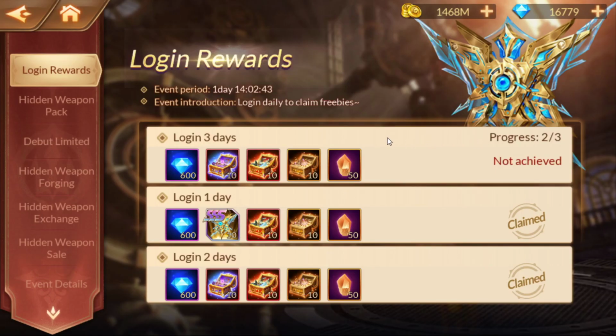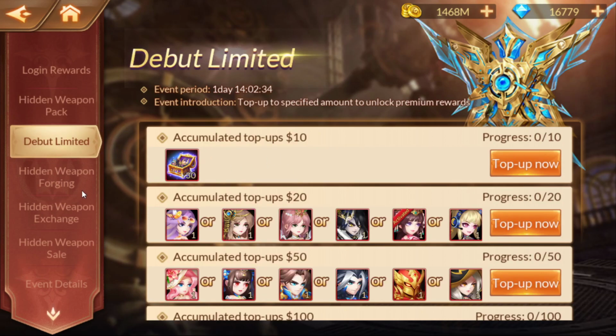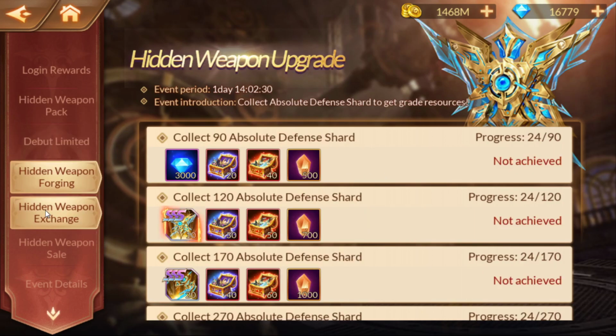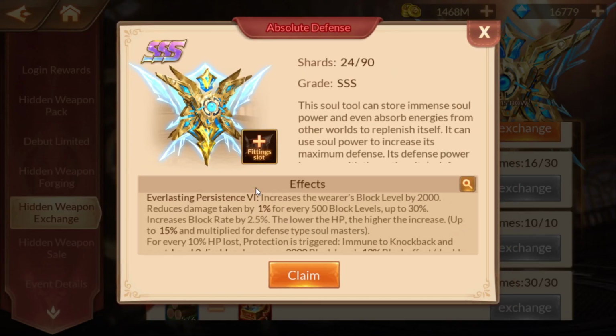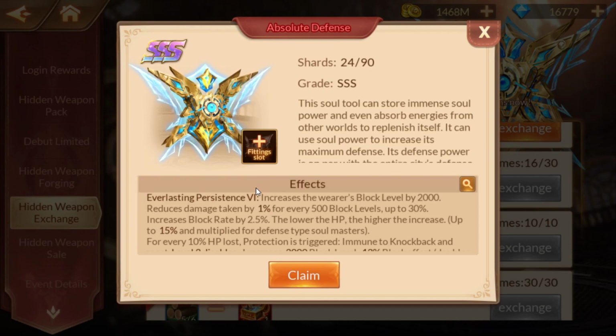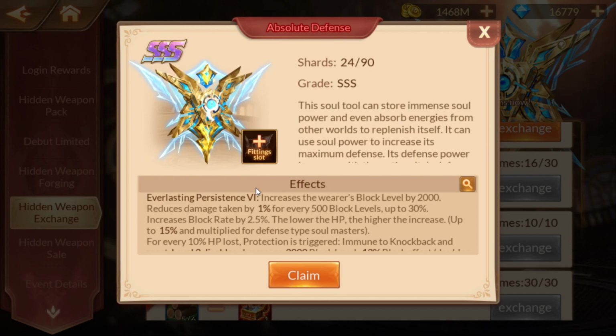We've got the Absolute Defense. So this is a hidden weapon, so it's based inside of a hidden weapon event, of course. We've got a few good things in here to choose from, whatever you're looking for. Exchange. Interestingly enough, they're actually posting the shards against the wood, which is the fact that there's a Master Forge